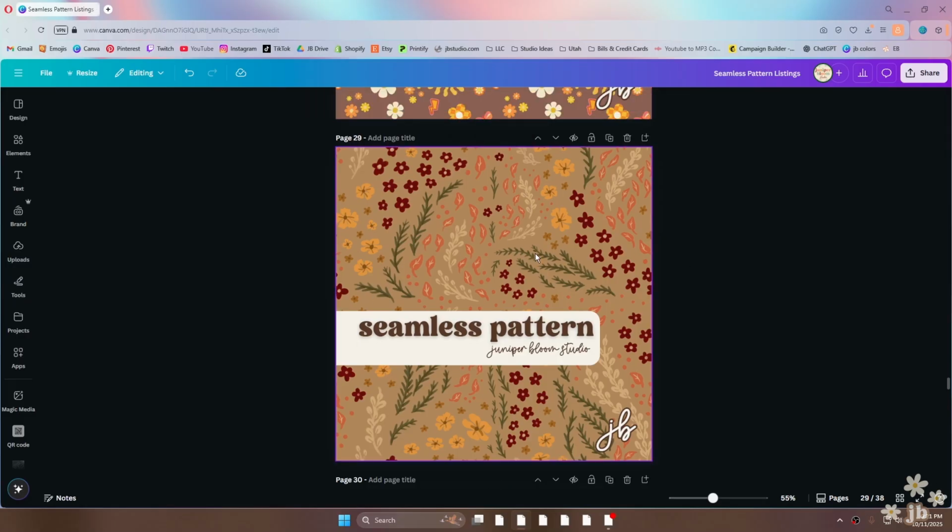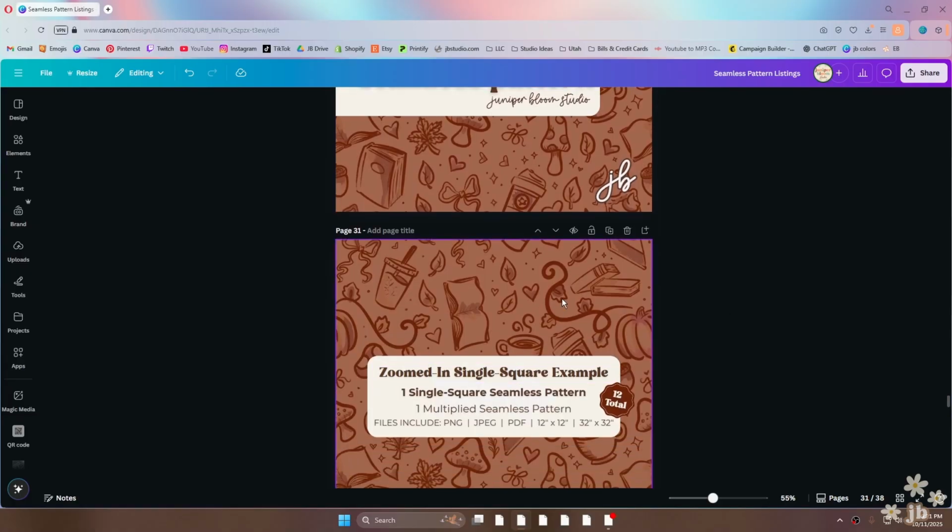So this already is looking better. Seamless pattern, Juniper Bloom Studio, JB, my logo. So if you want to add watermarks or anything like that, you're more than welcome to. I feel like this is enough because you can't really use this anyway like this. Duplicate this page,